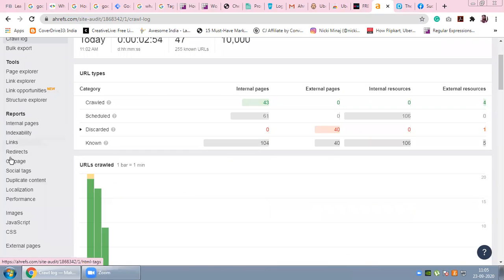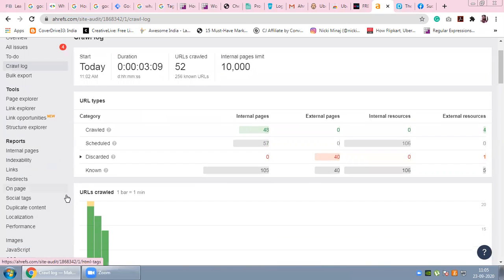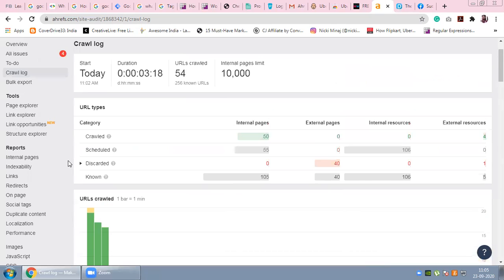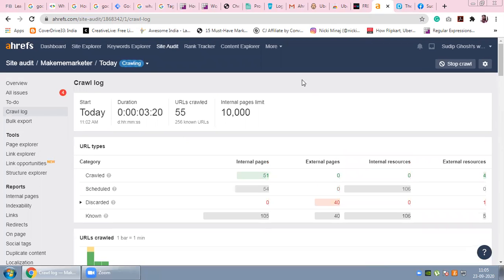How many links I have got, how many redirects I have got, what on-page changes I need to do, what social tags I need to improve, what duplicate content I have put on the website, what localization issues I am facing, what performance metrics I need to focus on. Everything I can see. What images I need to optimize, what JavaScript needs to be removed or added, what CSS changes need to be done in order to improve my UX and UI.